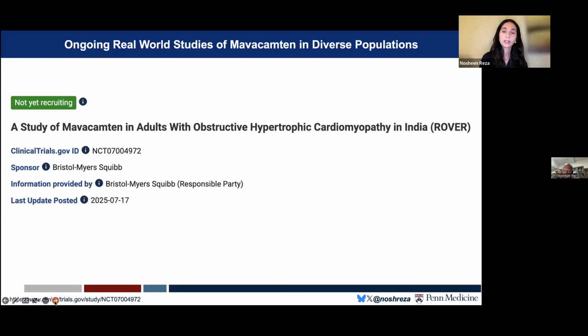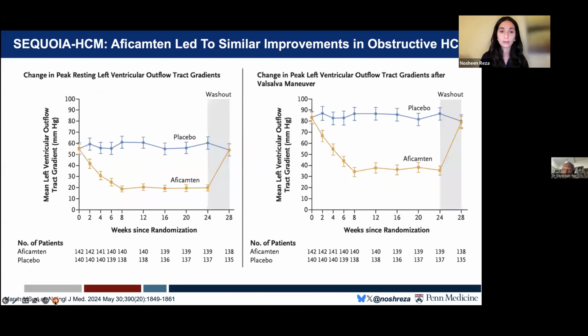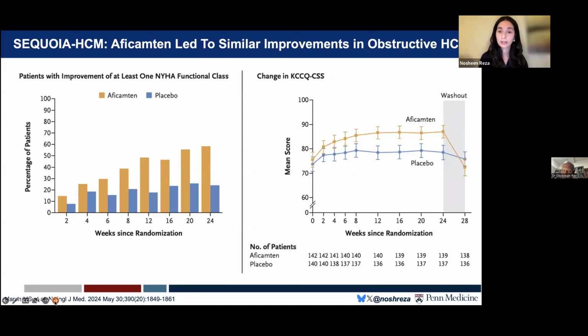start recruiting very soon. So a second-in-class cardiac myosin inhibitor called aficamten, as we mentioned earlier, was studied in the Sequoia trial. And just briefly running through the data here, very similar improvements in obstructive HCM patients with increase in peak oxygen uptake, reduction in peak LVOT gradients with both REST and Valsalva, as you can see here. Similar improvement in New York Heart Association functional class, and improvement in Kansas City Cardiomyopathy Questionnaire scores, so health status